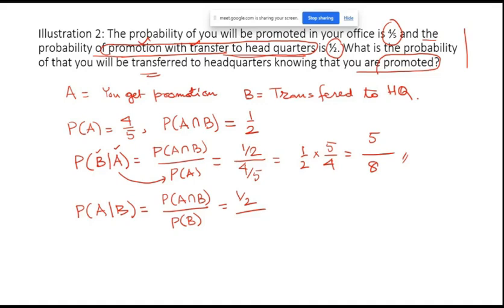That means after the last meeting was done, the discussion was on about 15 individuals. A list came out of 15 individuals, some promotion, some transfer, some promotion with transfer. Out of these 15 individuals, 3 of them were transferred to the headquarters. Some may get transferred without promotion, some may get transferred with promotion. Here I want only those who are transferred. So out of the total people whose fate was discussed in the meeting, some people may be